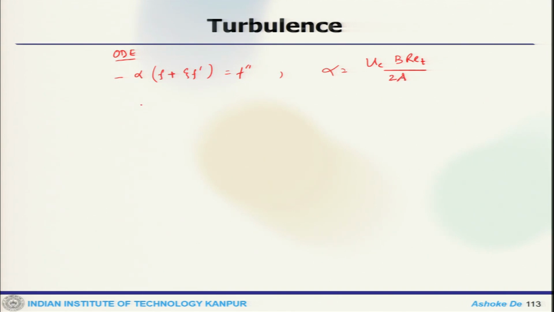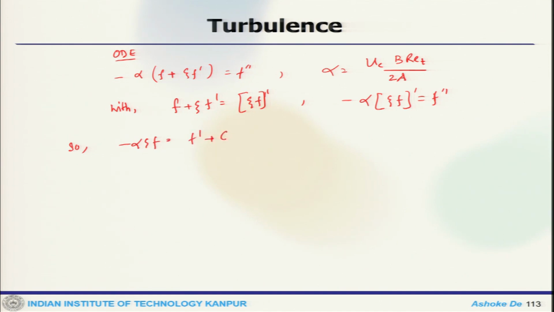With f plus xi f prime being xi f prime, we get alpha xi f prime equals f double prime. So, we get alpha xi f equals f prime plus c1, and c1 equals 0,